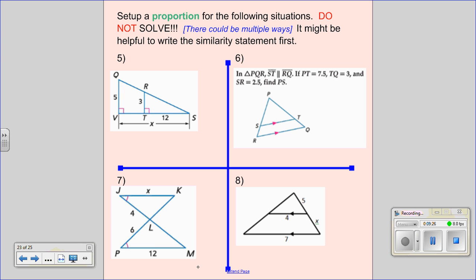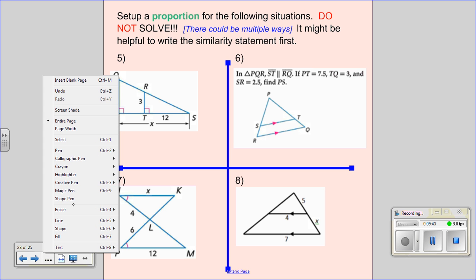On the next 4 examples, they want us to set up a proportion for the following situations. It doesn't want us to solve. And it says it might be helpful to write the similarity statement first. So on example 5,